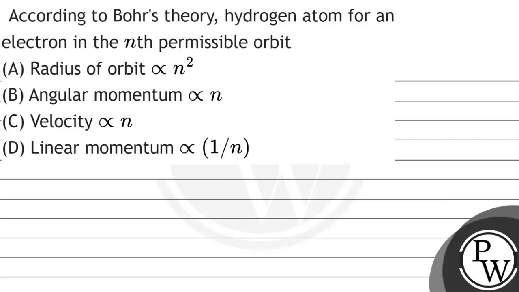Hello बच्चों, let's read this question. According to Bohr's theory, for an electron in the nth permissible orbit of a hydrogen atom, which of the following options are correct? So for that, please note the key concept of this question,